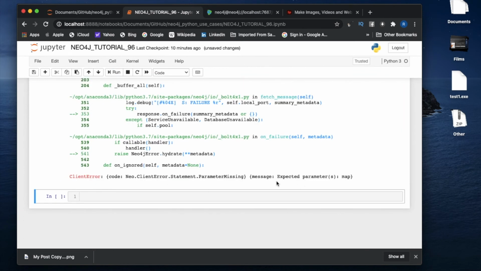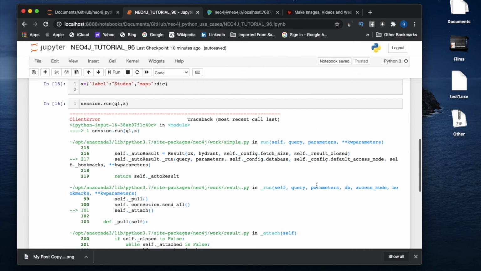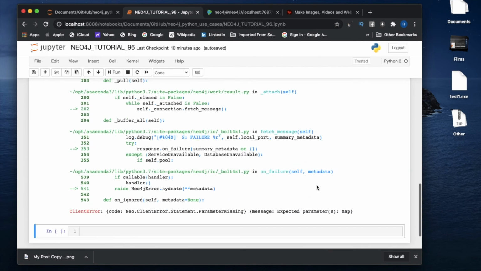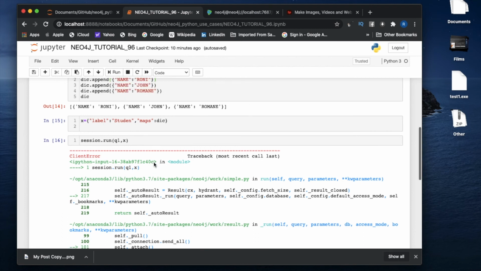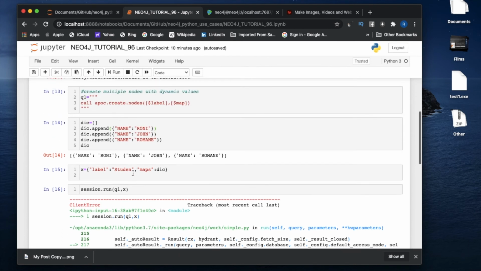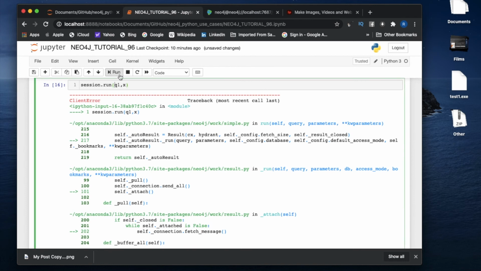So it is saying expected parameters map. Okay, so what it is saying, new client message accepted parameter map. What is the problem? I didn't understand. Okay, see, again I made a mistake. So guys, sorry for that. Today is actually a long day, I am making so many mistakes. I put map over here, but here I actually put maps. So that is why the mistake. So I have to run this again, and after that I have to run this.